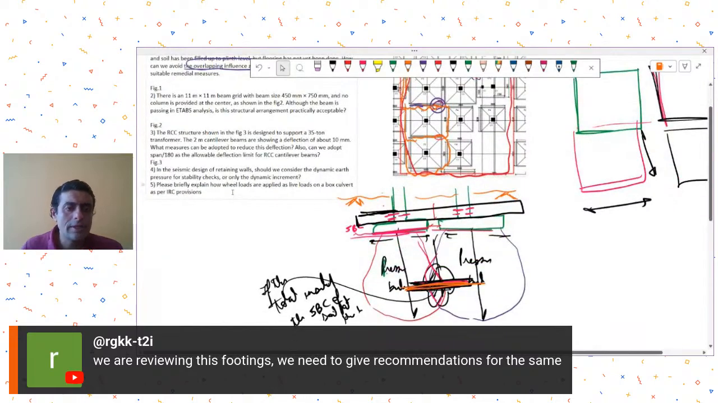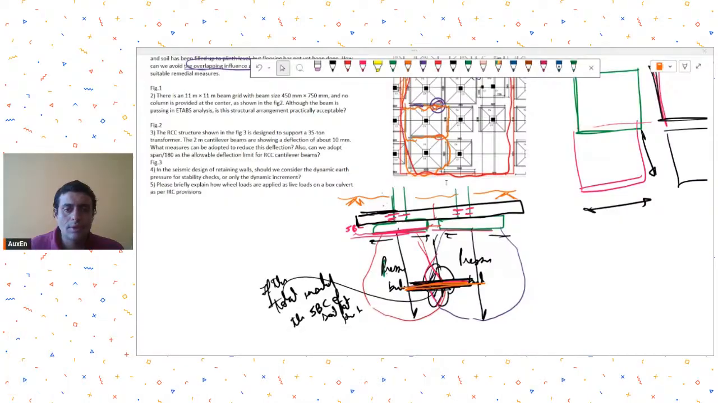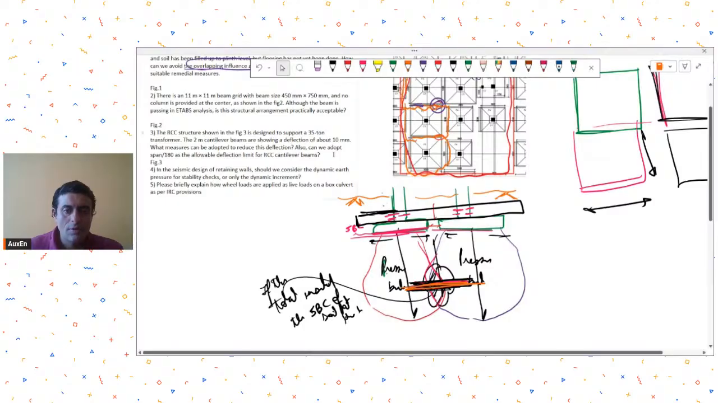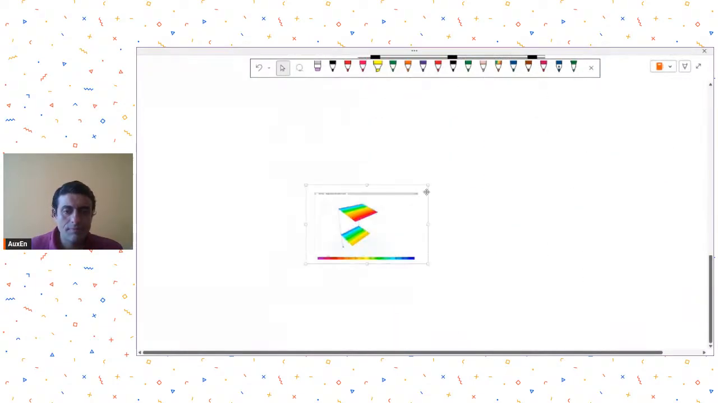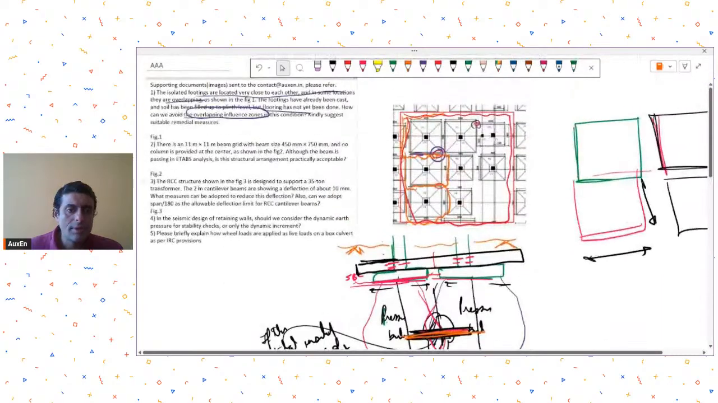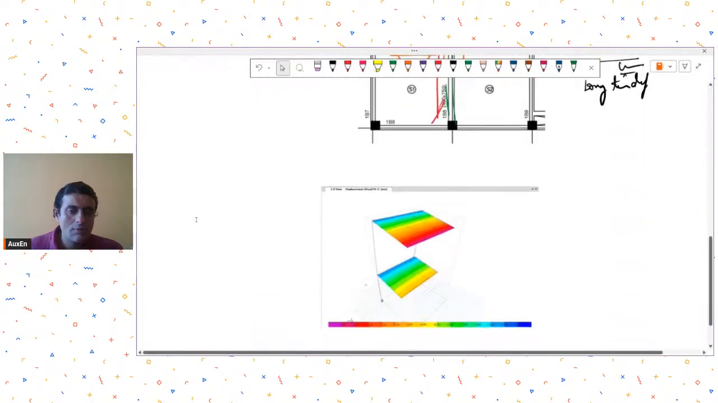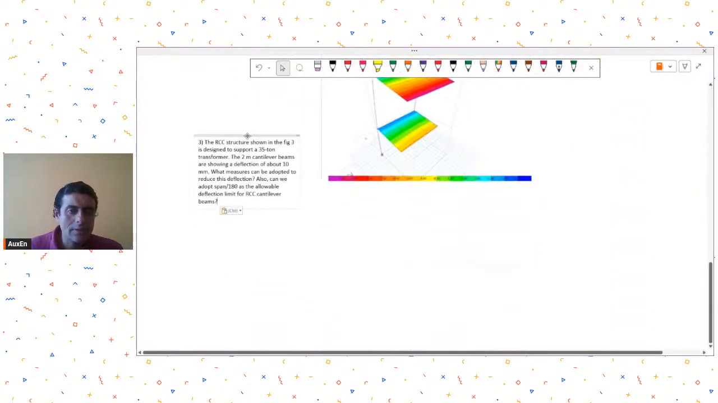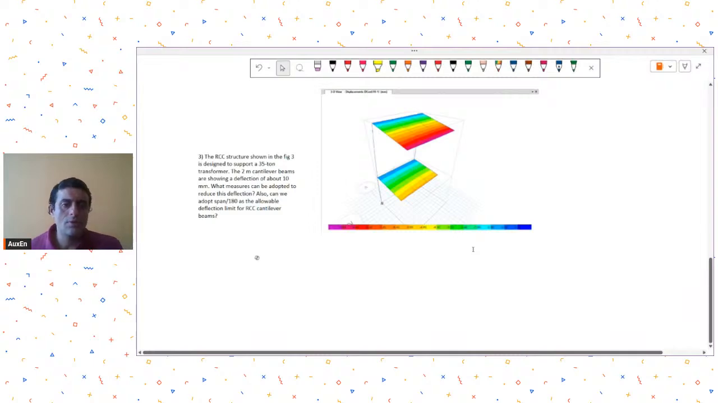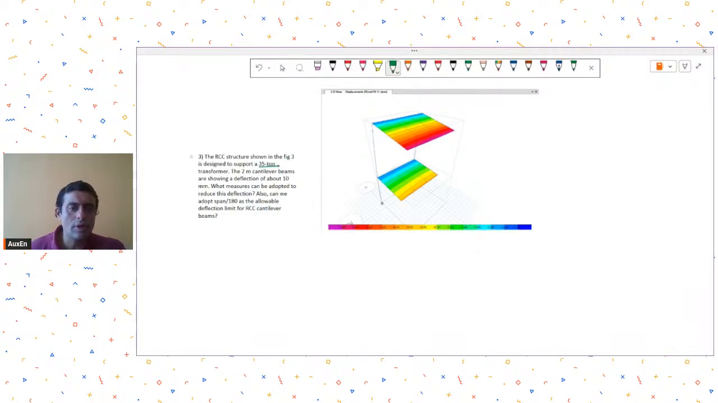Okay. His next question is, he has shared one more image, which I will just put up. He's asking, in the RCC structure shown, this particular structure is designed to support a 35-ton transformer. The 2-meter cantilever beams. I'm not sure which is 2 meter, I'm supposing this dimension is 2 meter